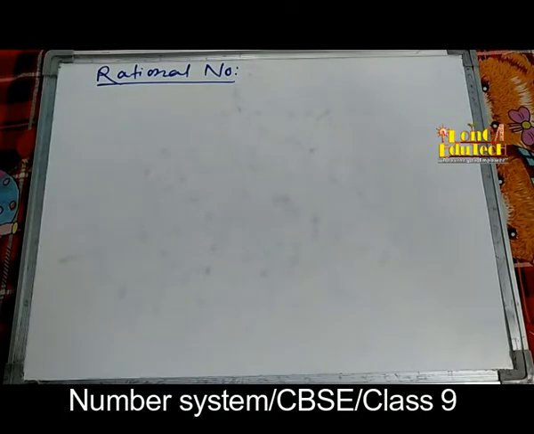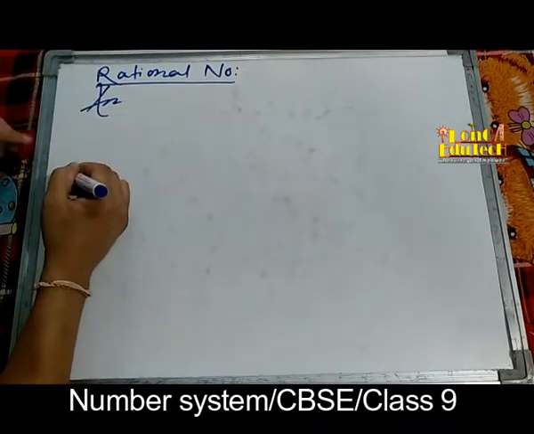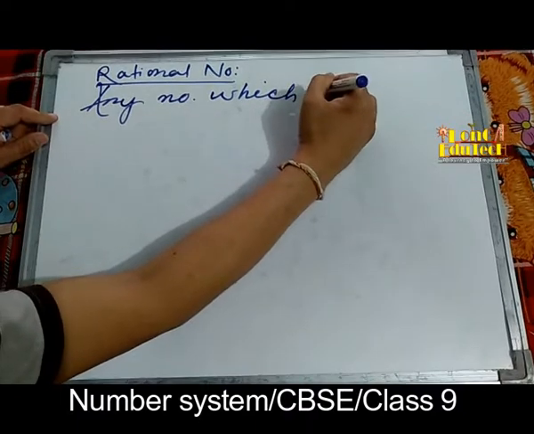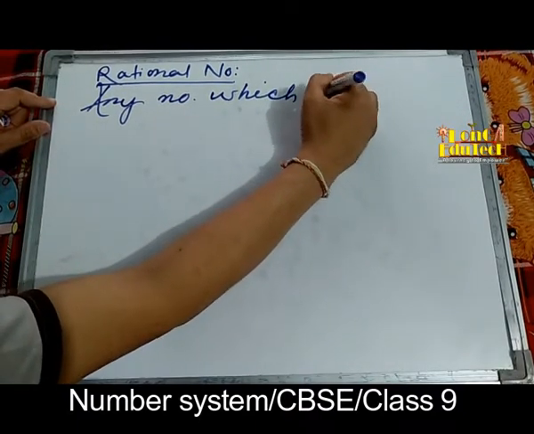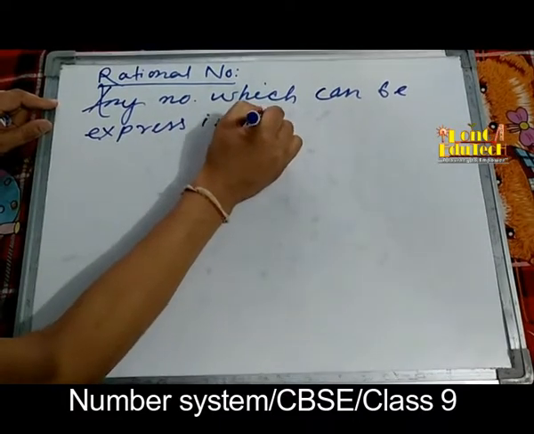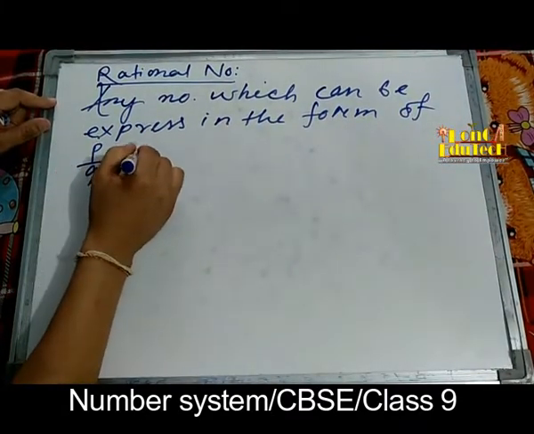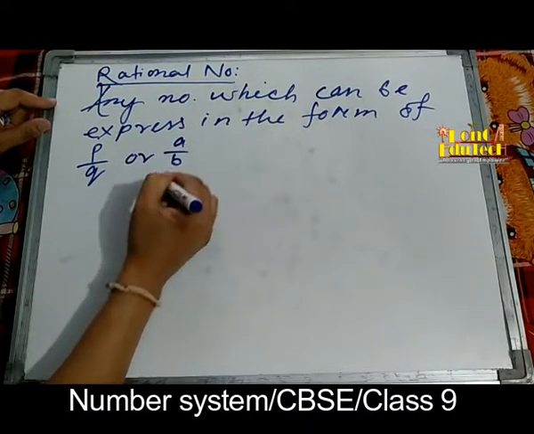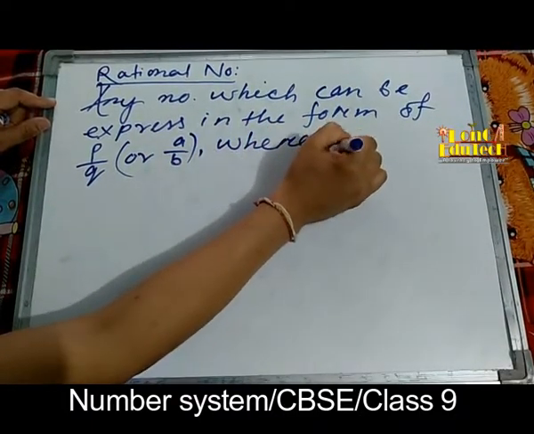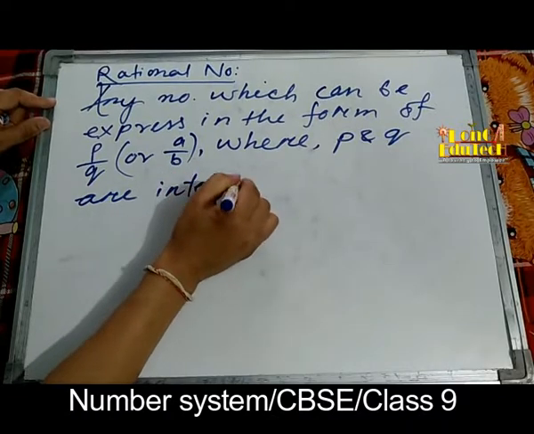Okay, now we have another kind of numbers, the rational numbers. A rational number is defined as any number which can be expressed in the form of P by Q, or sometimes you will get A by B in some books, where P and Q are integers